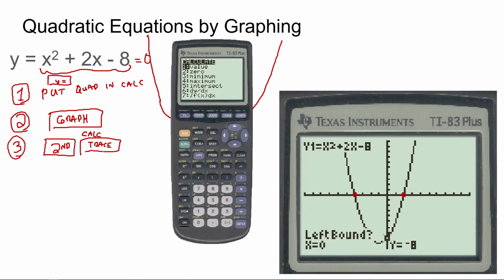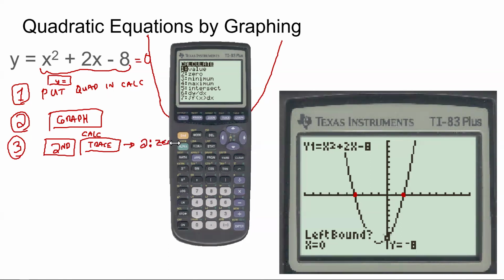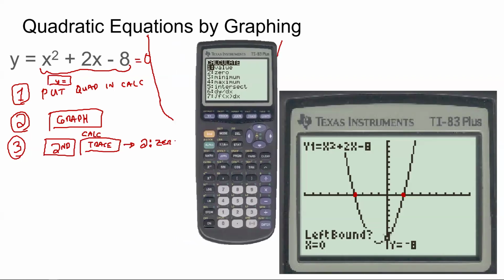All right. The one that we want to calculate is the zero, number 2. We're trying to find the zeros of this function, of this quadratic equation. Why do they call them zeros? Because the y is equal to 0. Remember, we've slammed this thing down onto the x-axis because we set that y equal to 0 right there. So I'm going to go down and hit enter. And it's going to ask me 3 questions, namely,